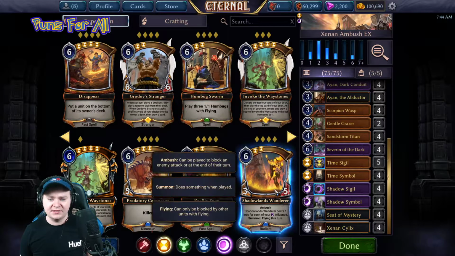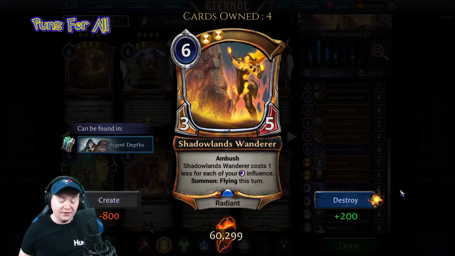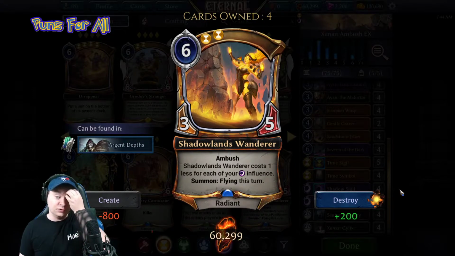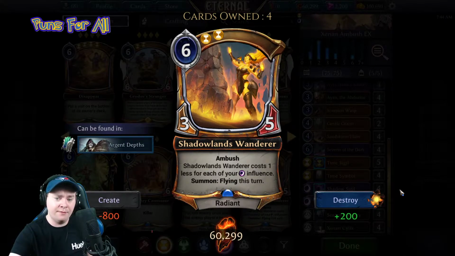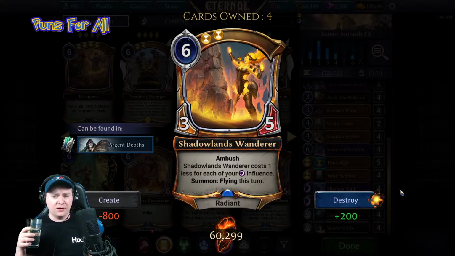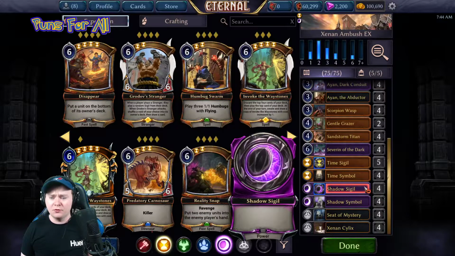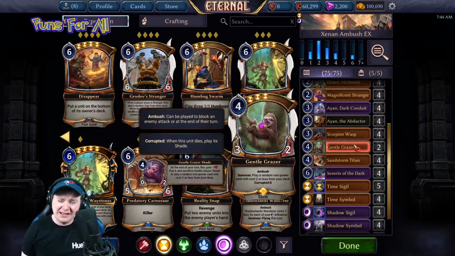Where is it? Shadowlands Wanderer. I think this card is really good. Especially if you're playing these with Shadow Influence. But it got to the point where I was not being able to play it for free, because I wasn't having enough Shadow Influence to really make it matter. I could see it going back in the deck over something else, possibly Gentle Grazer,